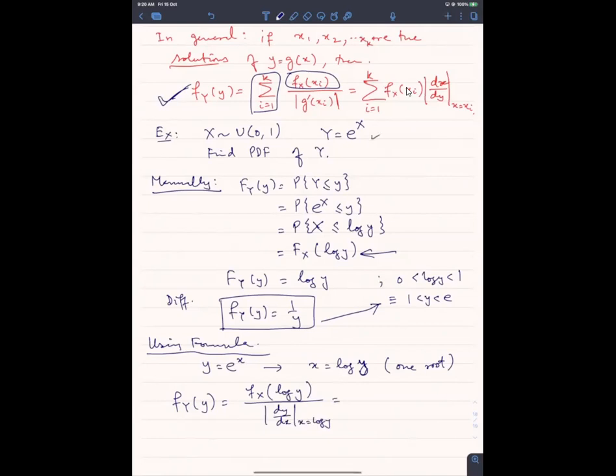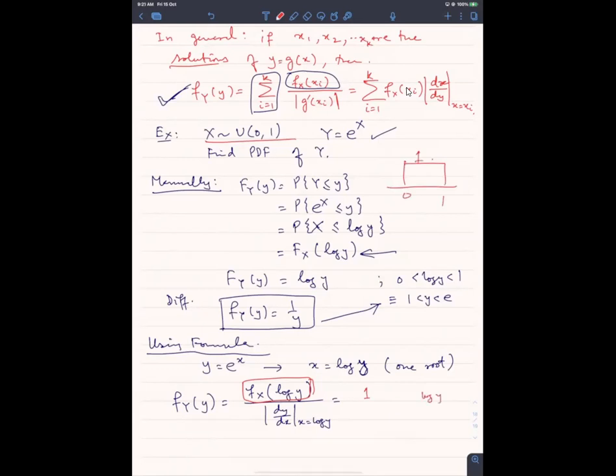Y is e power x, so dy by dx is also e power x. So this is equal to fx of log y. By the way, since this is uniform, this should be equal to 1. यूनिफॉर्म है तो आपके पास यूनिफॉर्म 0 1 है तो वो 1 ही होता है। ये बिल्कुल इस तरह का पीडीएफ होगा, 0 और 1 के बीच में।